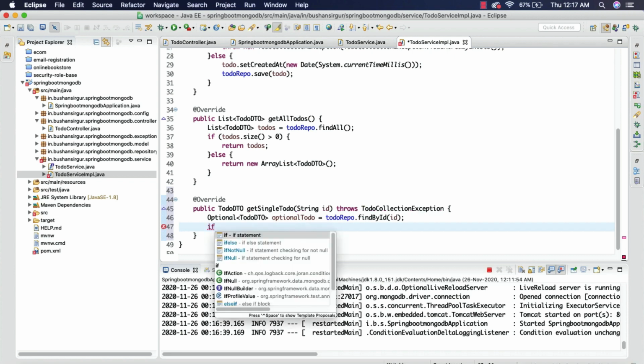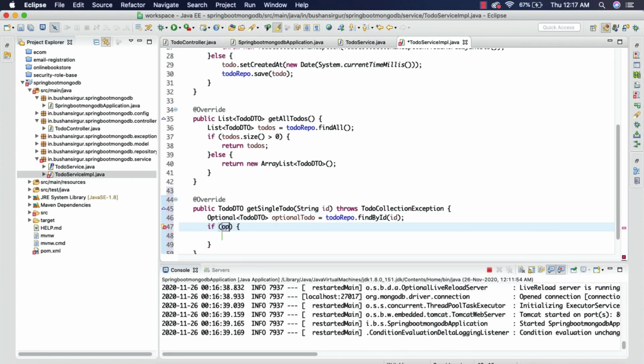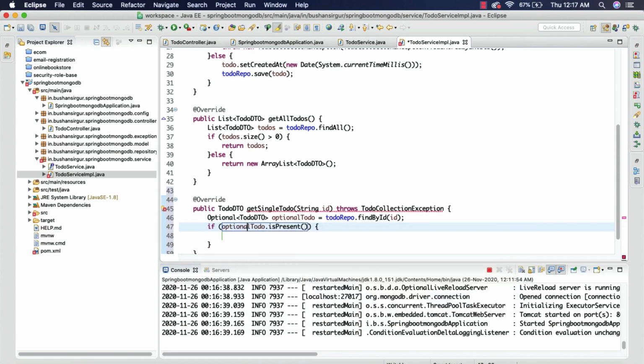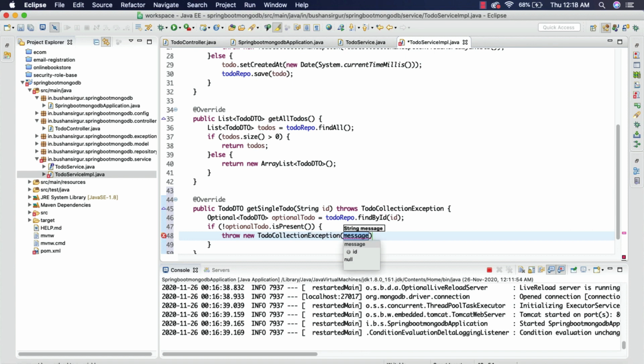If optional to-do is present, but I'm going to flip this using a logical not operator, because we're going to throw an exception if the to-do is not present. We're going to throw a ToDoCollectionException dot not found exception, and we're going to pass the ID to it.